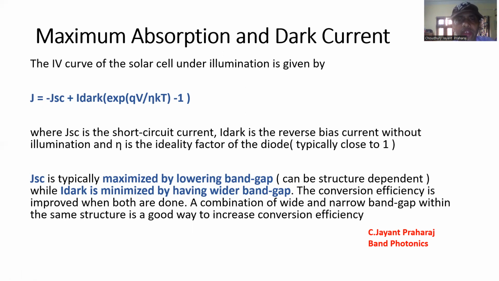have one composition close to the top of the solar cell, and you vary that composition as you move away from the top of the solar cell. And you do it in such a fashion that you achieve these dual goals of maximizing short circuit current and minimizing the dark current. Now, the eta is an ideality factor that is typically affected by, for example, non-radiative recombination at, say, dislocations or at